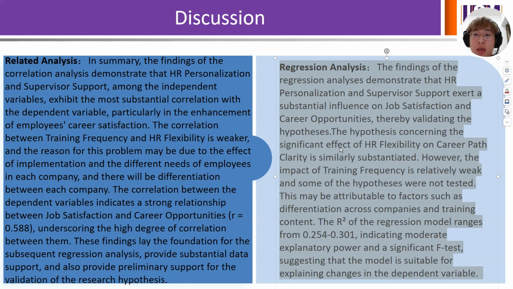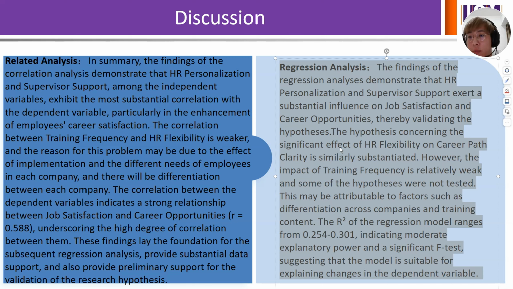The results of the regression analysis show that HR personalization and supervisor support had a significant effect on career satisfaction and career development opportunities, validating the related hypotheses. The effect of HR flexibility on career path clarity was also supported. However, the effect of training frequency is weak, and some hypotheses are not verified, which may be related to company differences and training content. The R square of the regression models is between 0.254 to 0.301, with moderate explanatory power, and the F-test is significant, indicating that the model is suitable for explaining changes in